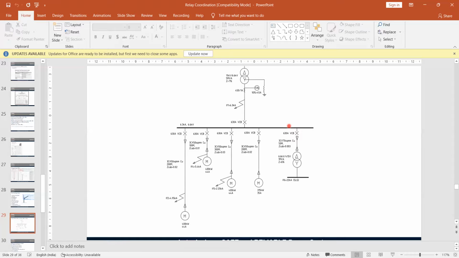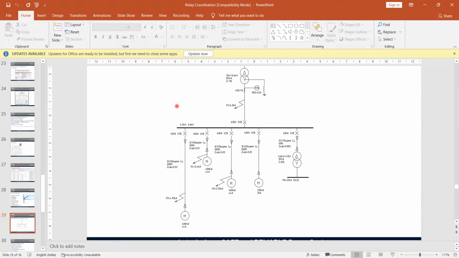So now CT current is 75. The motor, what is the motor rated current? 44 amps. Yes, sir, 44 amps. So 44 amps into, let's say, 1.1, 10%, divided by 75 is 0.645.